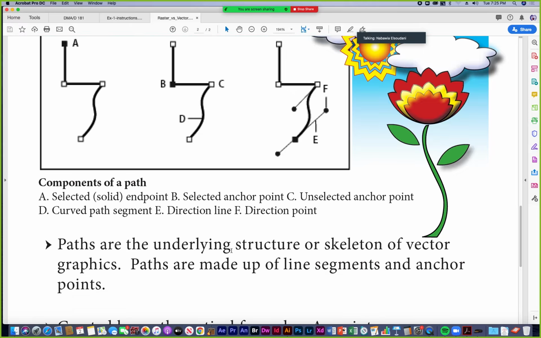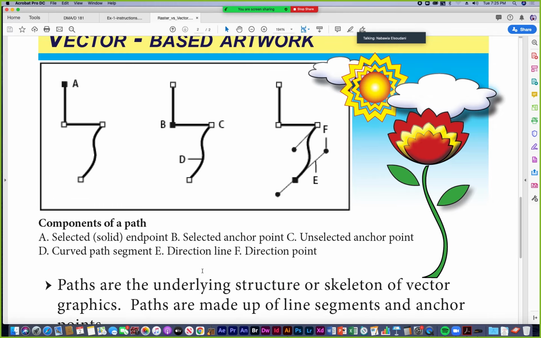So paths are made up of line segments and anchor points, and those line segments can be straight, meeting at sharp corners. They can be a straight line meeting at a curve, as you see here, or smooth curves all the way. You can have circles, like you see here what I created for the sun, and then those shapes can be